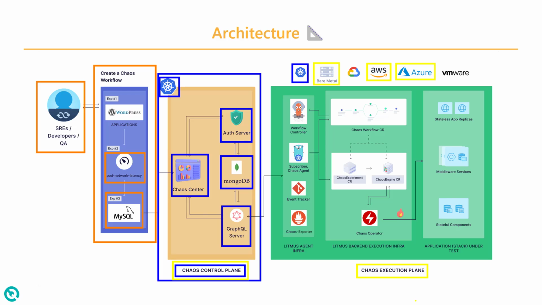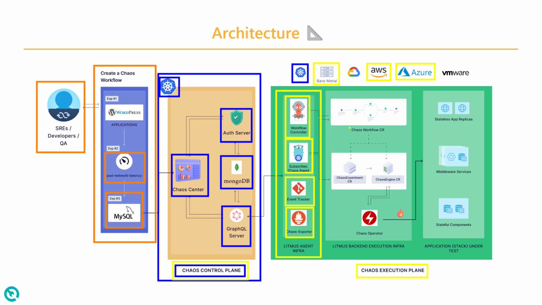Inside this chaos execution plane, you will have the Litmus agent infrastructure. This is your external agent, which will have the chaos exporter to send and store the data to Prometheus. Then you will have something called an event tracker. And then you have the chaos agent and workflow controller. The workflow controller and subscriber chaos agent will